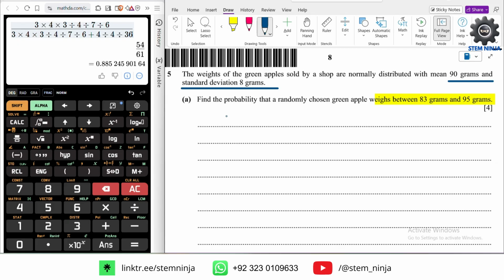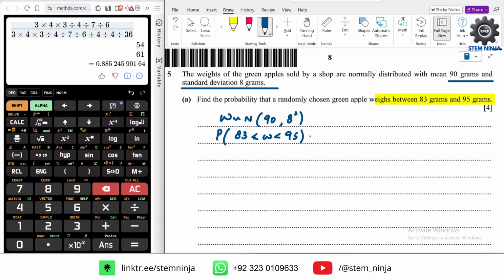Okay, so first off, we need to standardize this. So you have a weight normally distributed 90 and variance is 8 squared. So probability that weight is between 83 and 95